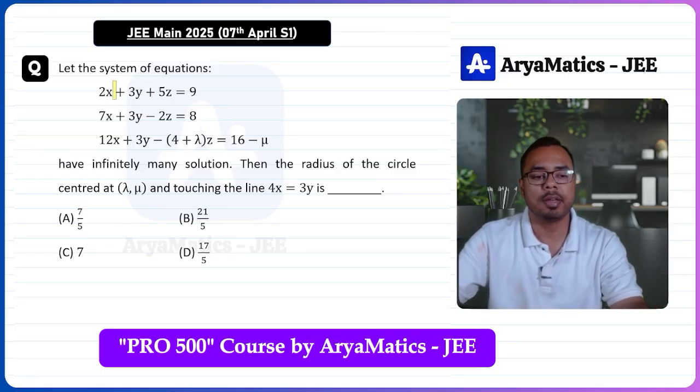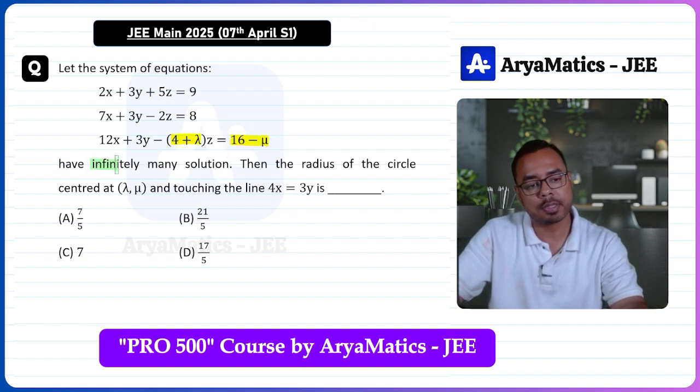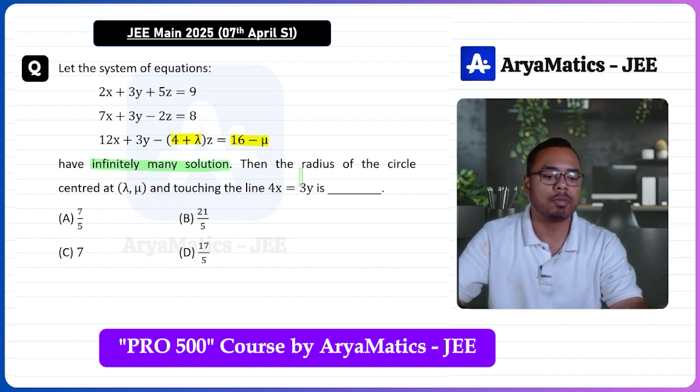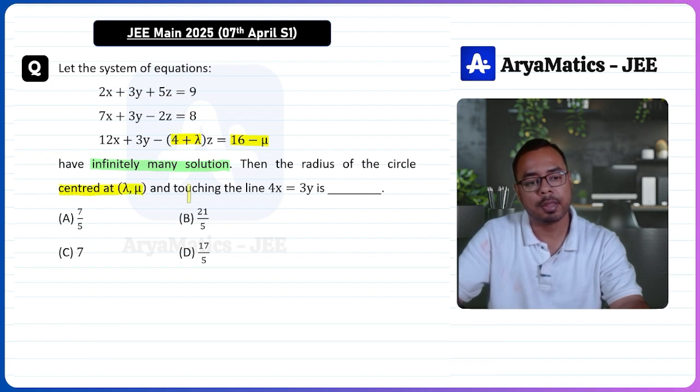Consider this system of linear equations. There are three equations in three variables, and in equation 3 there are two unknowns, lambda and nu. It is given that this system of linear equations has infinitely many solutions. Then we have to find the radius of the circle centered at this point (lambda, nu), and touching this line 4x